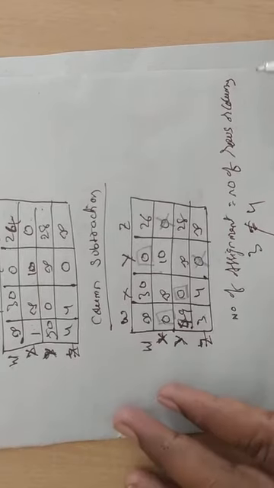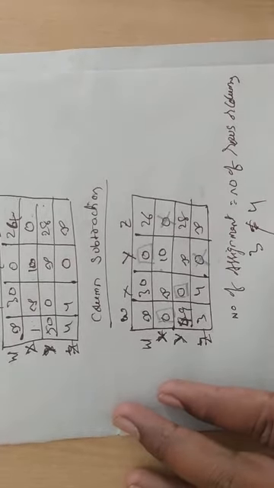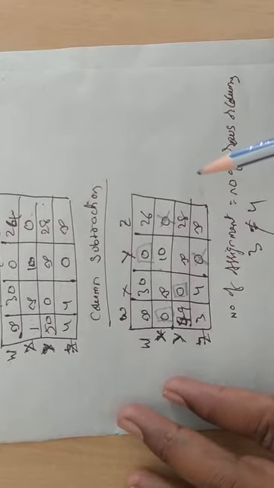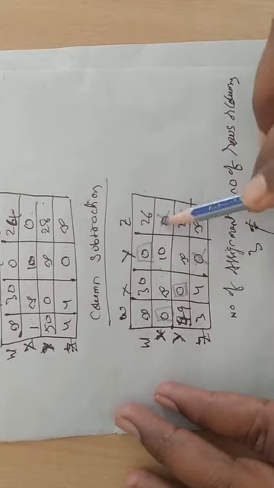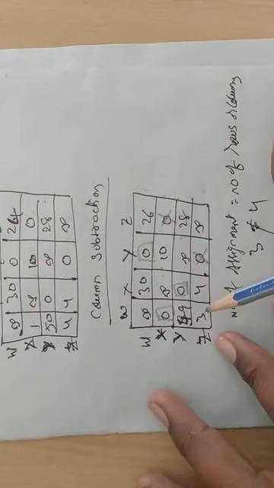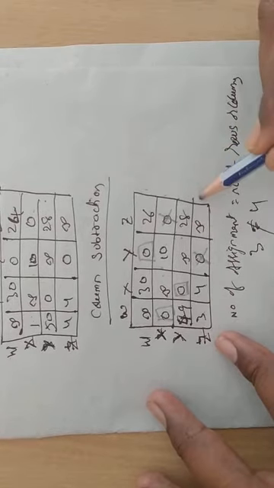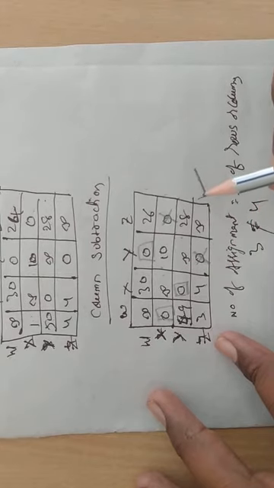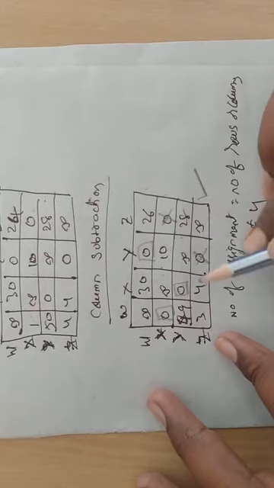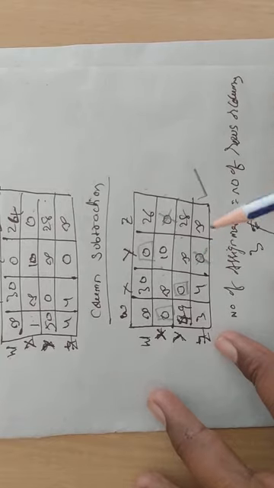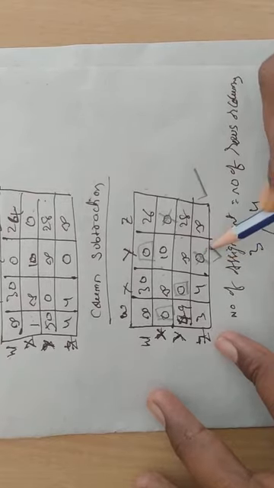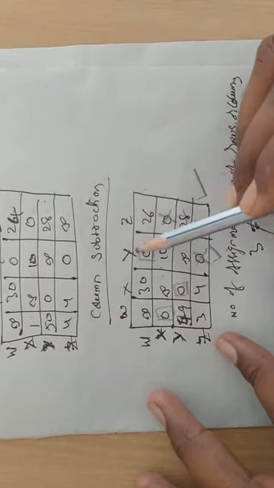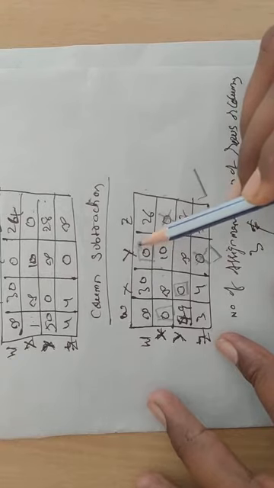In this case we draw horizontal lines and vertical lines. The first step is to identify the rows which do not have any assignments. The first row has an assignment, the second row has an assignment, the third row has an assignment, the fourth row does not have an assignment. That's why I put the tick mark. In the ticked row, identify whether any marked zeros are available. One marked zero is available, so put a tick mark against that particular column. In the ticked column, identify whether any assignments are there. One assignment is there.